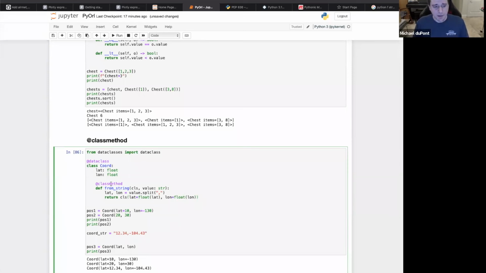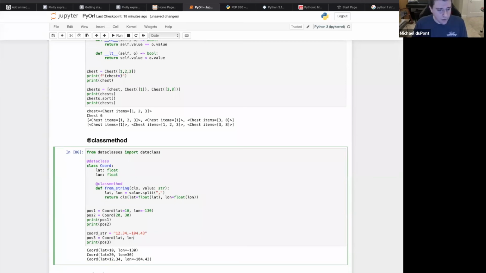So the class method needs to return an optional instance of this class. You can also have it return None. If we were to get some kind of error in here, we could catch it and then return None. So either the string evaluated to a valid coordinate, or it didn't, and then you can handle that elsewhere. Down here,